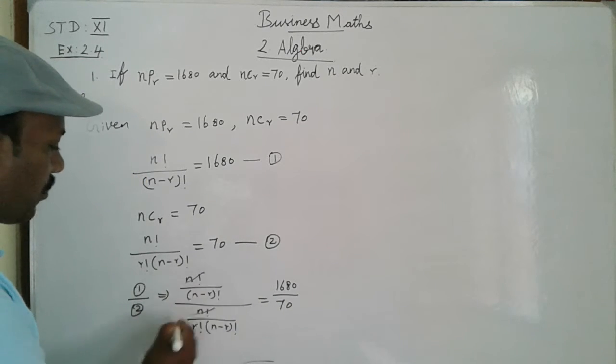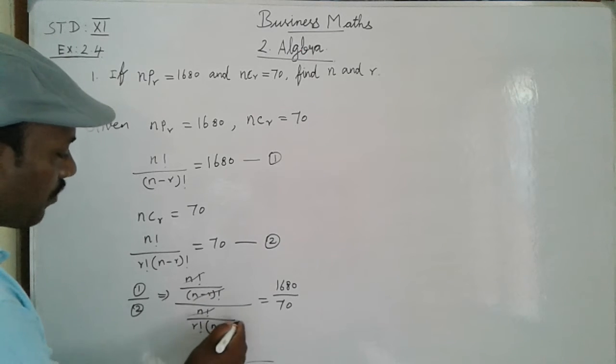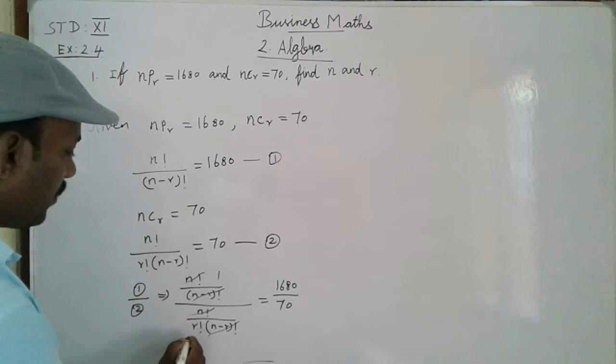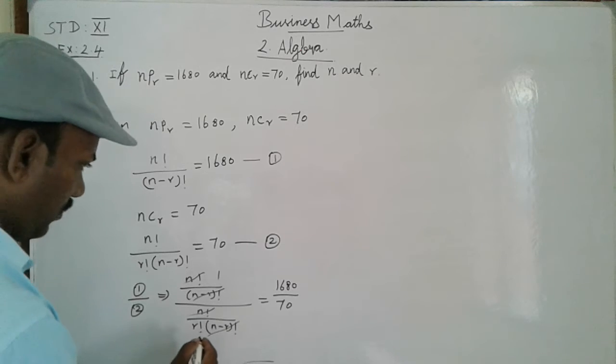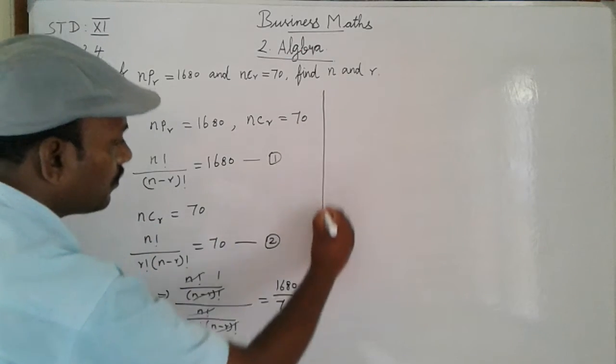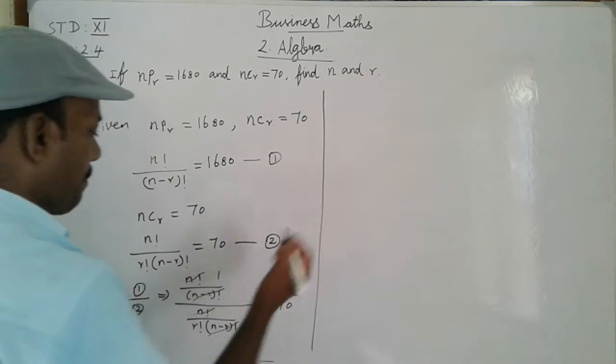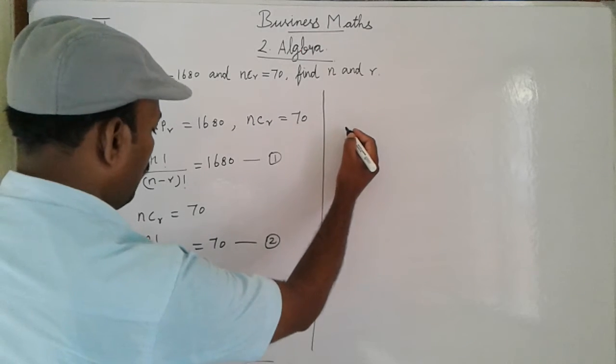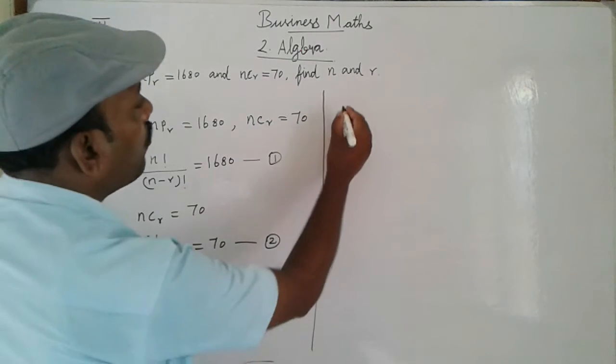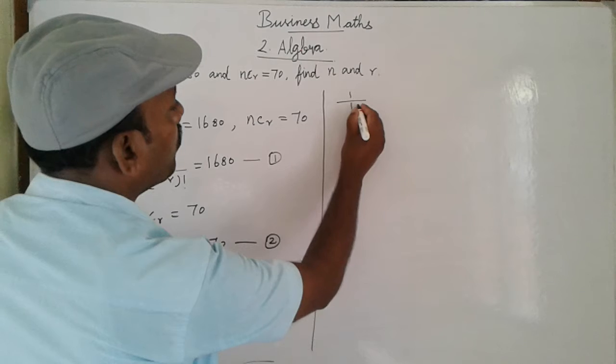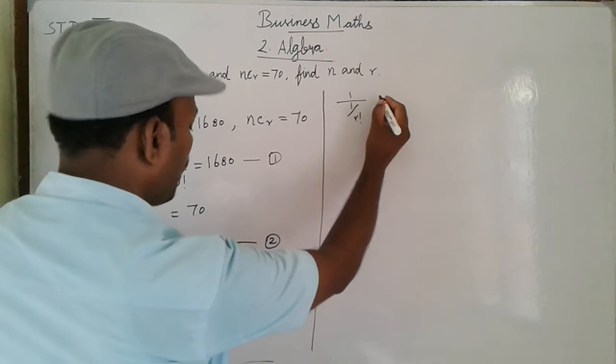N factorial cancels, (n minus r) factorial cancels one time. Here one time, 1 divided by 1 by r factorial equal to